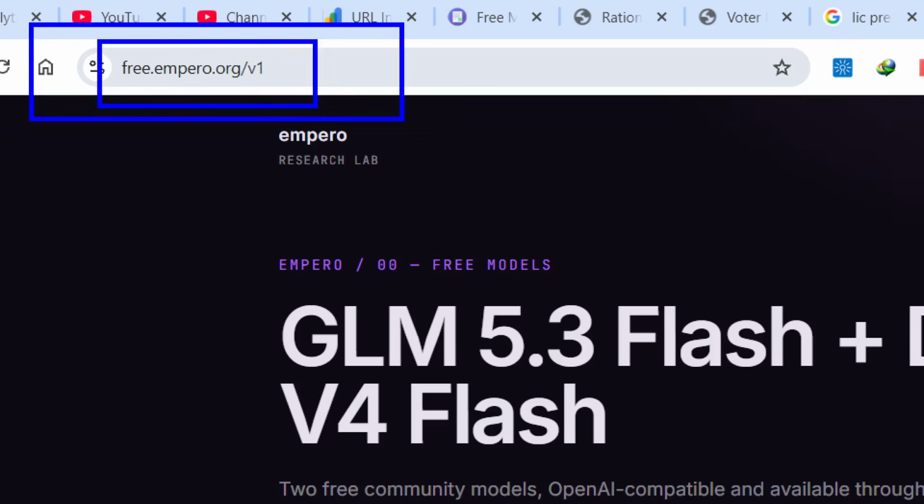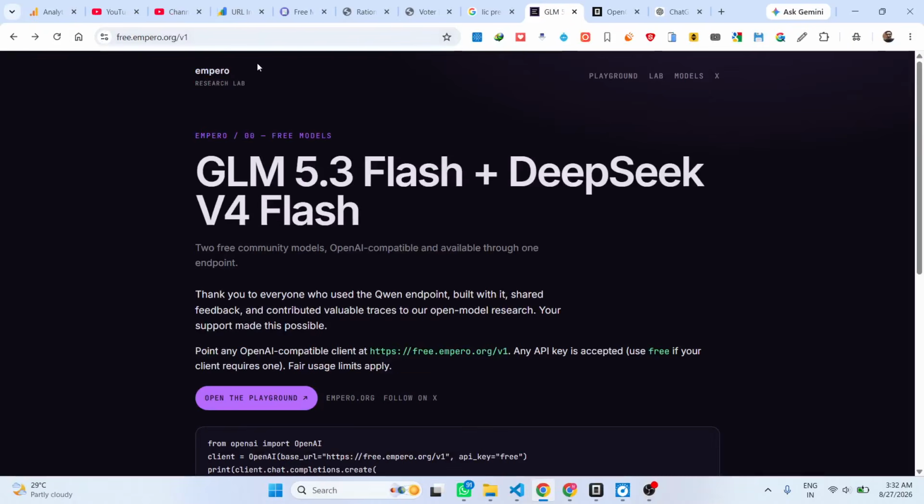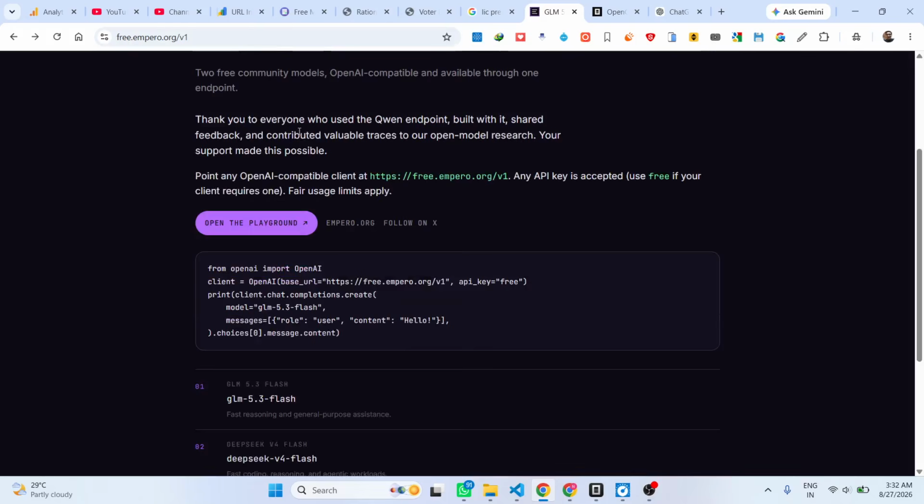I recently got to know about this website while watching a video yesterday. So this platform I tested out. They have their own playground section as well, so you can actually try out these models directly inside the website. So once you message,